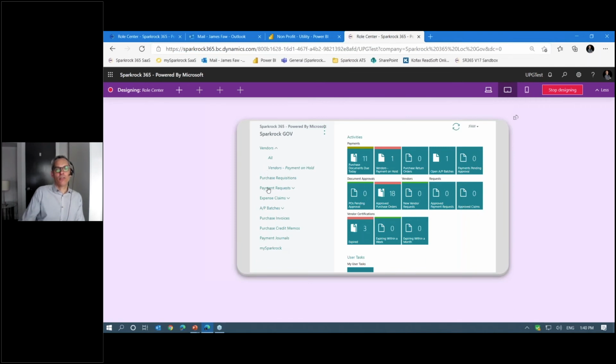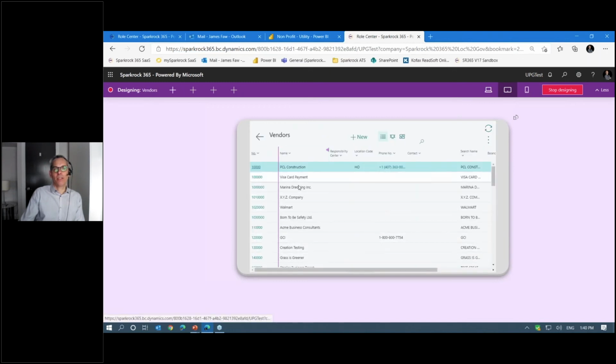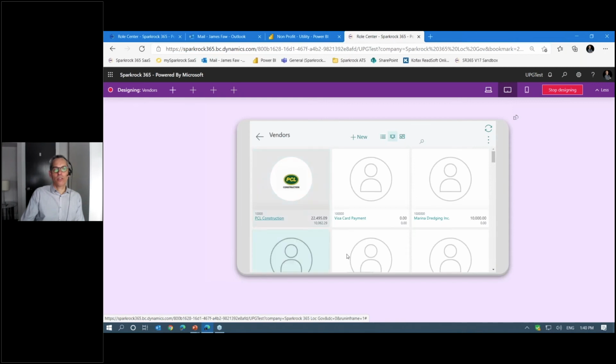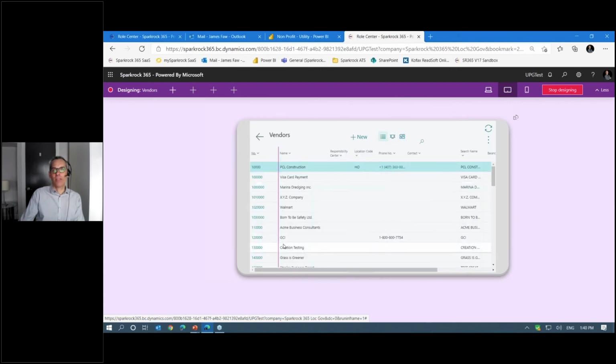They can connect in and access the application based on policies that your IT department manages. So I can see here, this is what the tablet interface looks like. And again, if I want to look at a list of vendors, I can see what the list of my vendors looks like. I can even look at them in sort of tall tiles with images, or even a shorter tile here if you have images, photos of your vendors uploaded, or employees, or whatever it is that the list is. In this case, it's vendors.